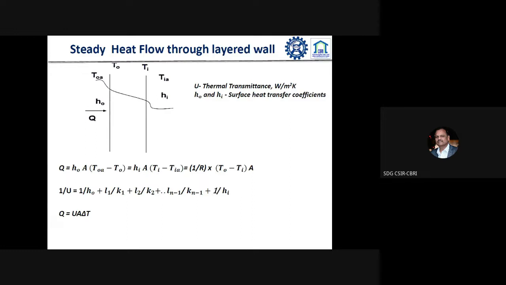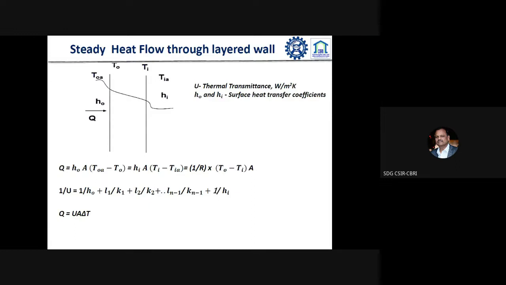Because if the outer surface is a rough area, then the surface area increases, and the heat flow which takes place in the case of a plain or finished body is different from this. So in order to simplify, there are some values given in SP41 with respect to the outside surface coefficient and the inside surface coefficient.